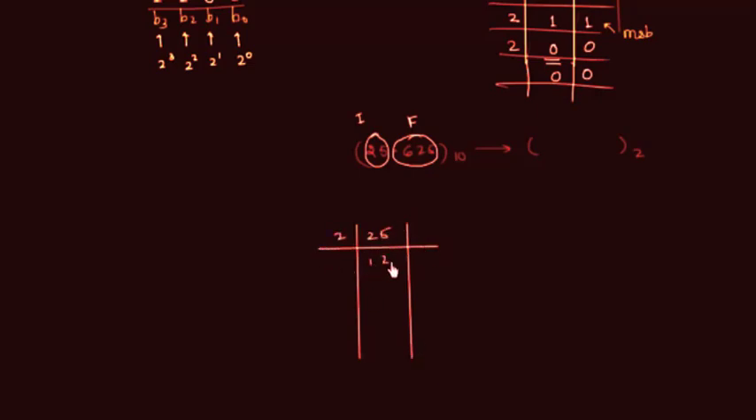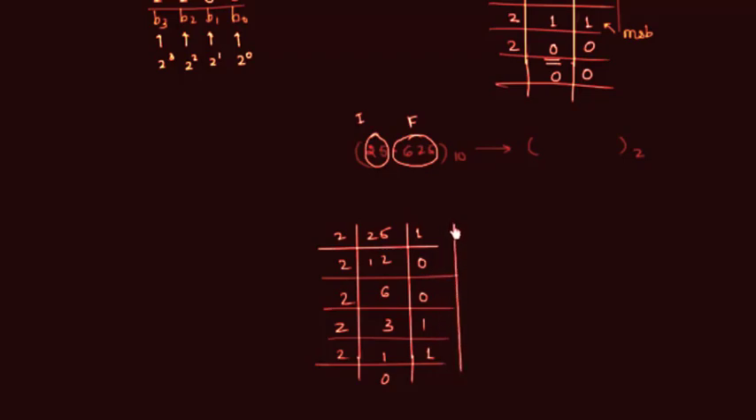We will have 12 as the quotient, 1 as the remainder, 6, 0, 3, 0, 1, 1, and finally we have 0, 1. So the binary equivalent for 25 is 1, 1, 0, 0, 1, because we have to look from bottom to up. So this one is MSB and this one is LSB: 1, 1, 0, 0, 1. Now we have to solve for the fractional part. The fractional part is